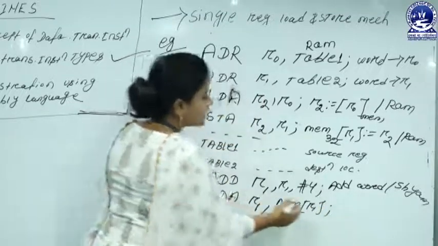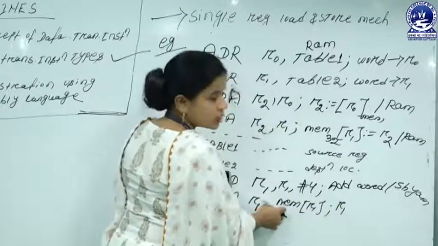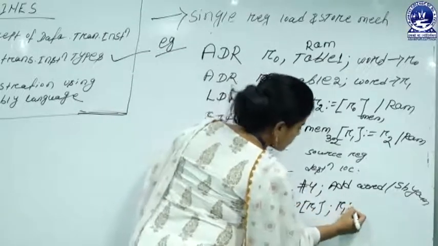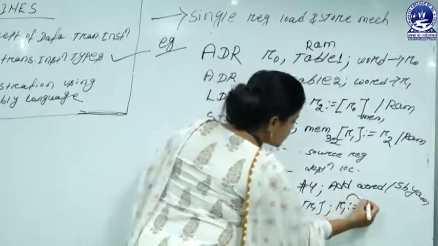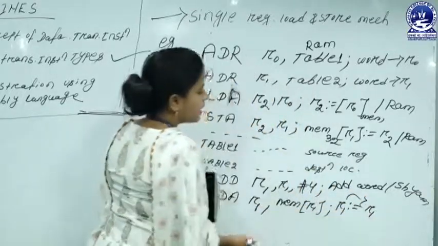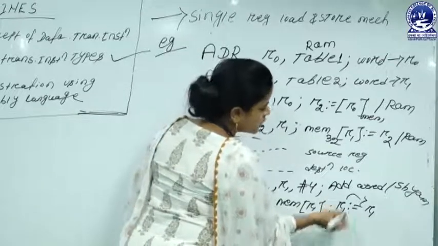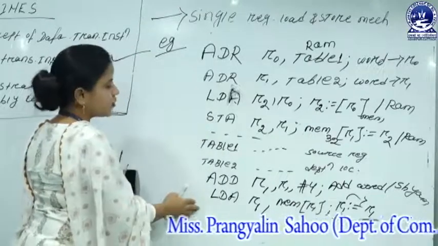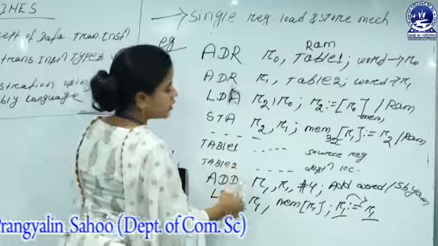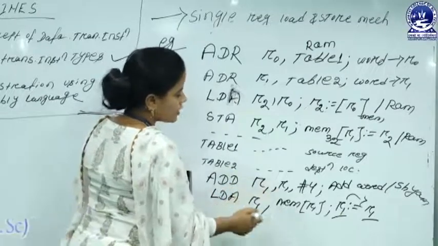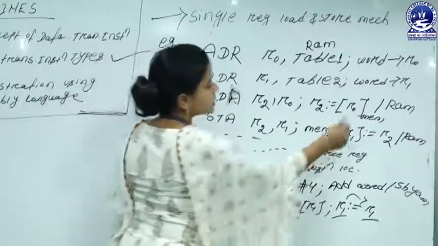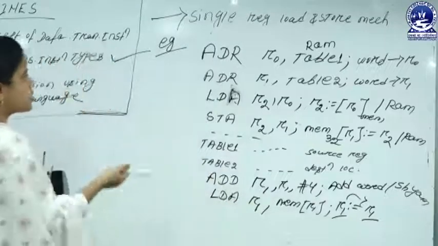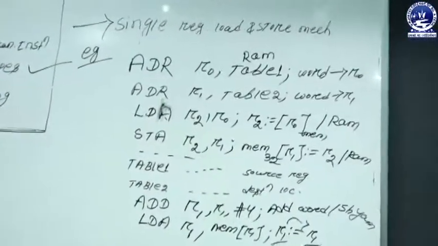That means whatever data is stored at the memory location of R1 is normally transferred to the register location R1. That means here the R1 is used for the memory location, here the R1 is used for the register location. So by using this format, we repeatedly change all of the register values one by one. So finally the desired outcome is provided, that's your RAM SAM stored in the register R1. So this is the format of single register load and store architecture.